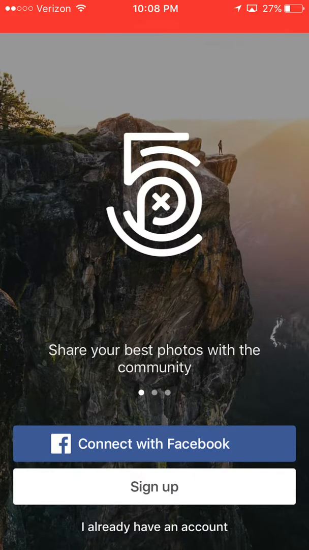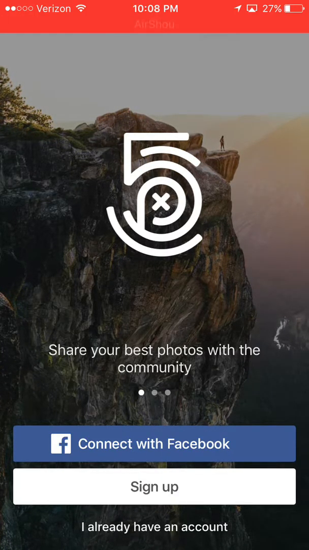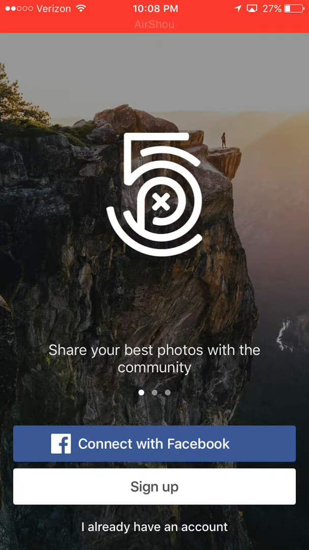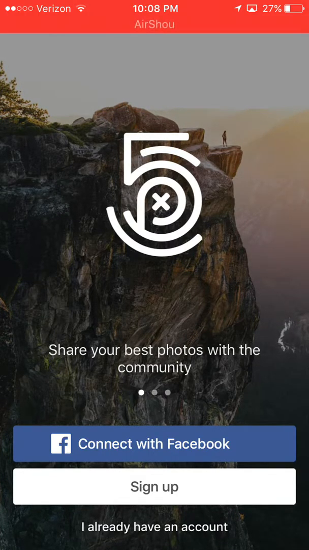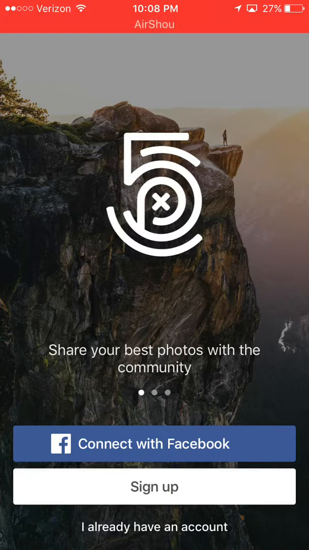So the first thing I'm going to say here is whatever that logo is, it's crazy. Why does it have to be so complex? It doesn't look cool enough to be so complicated.